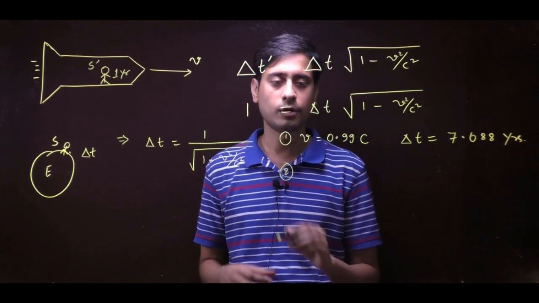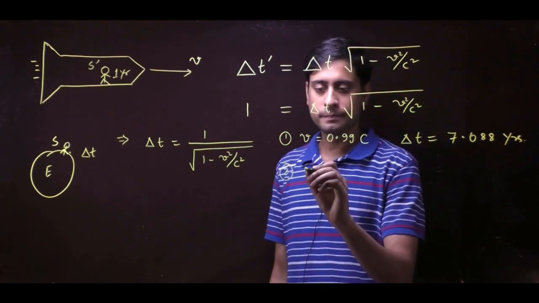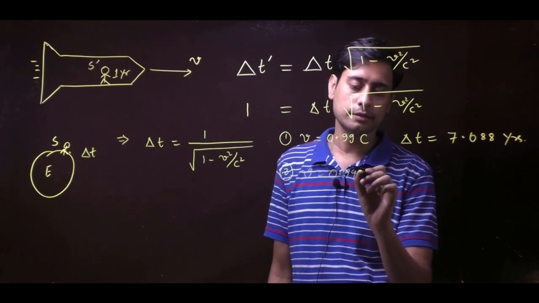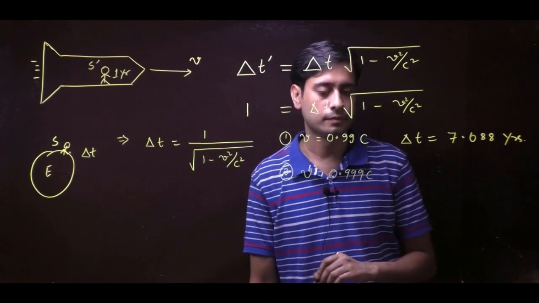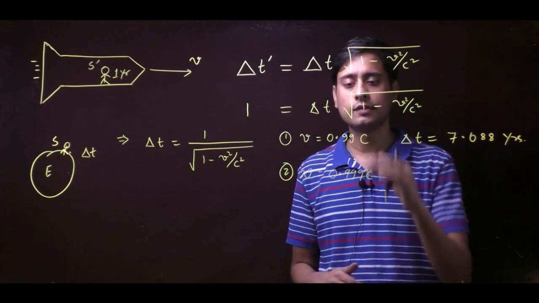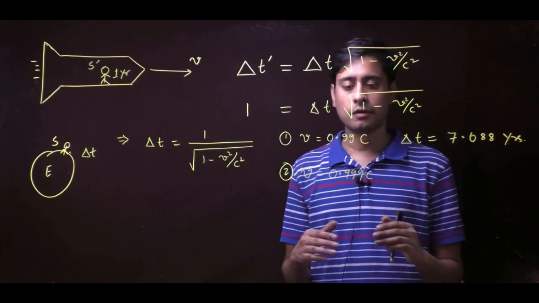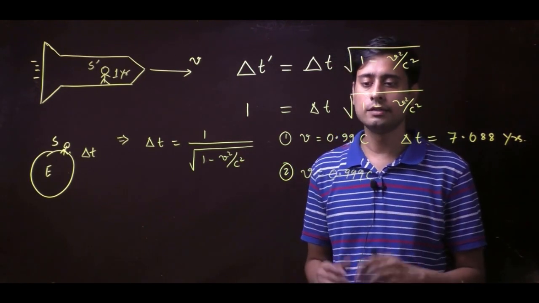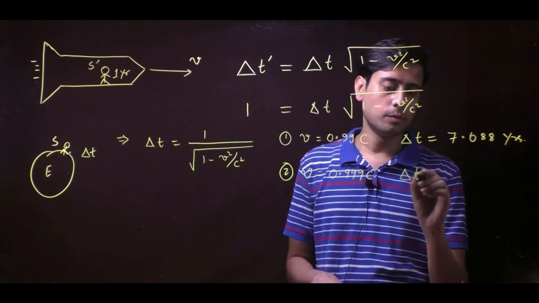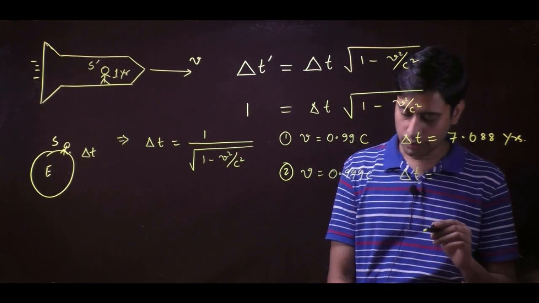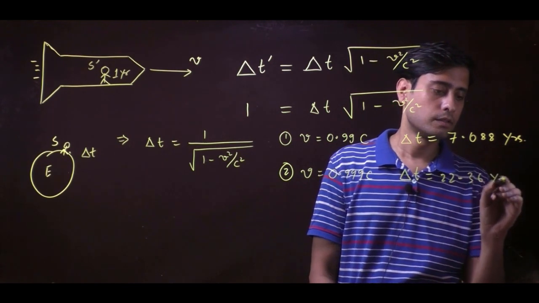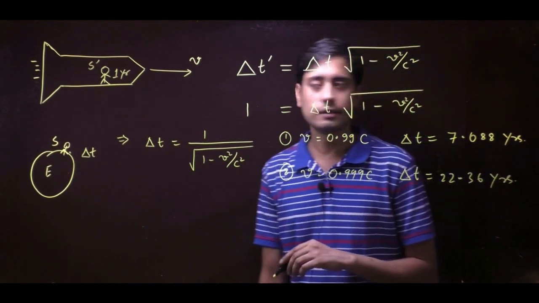Now for your surprise, just wait, take this v to be 0.999 c. Now there is not much difference between these two values, but when multiplied with the velocity of light, this value is exaggerated. So delta t comes out to be in this case 22.36 years. So now you are again surprised